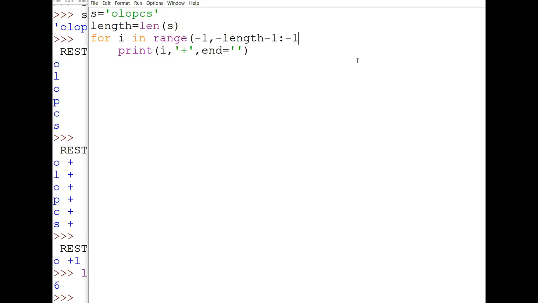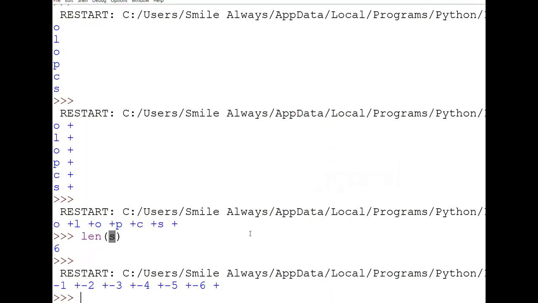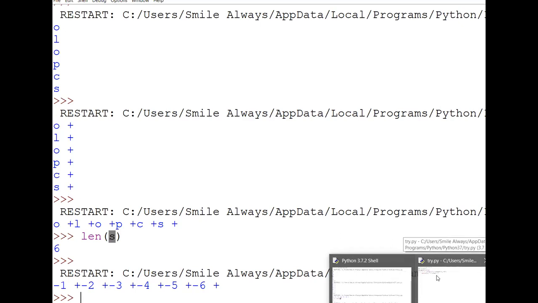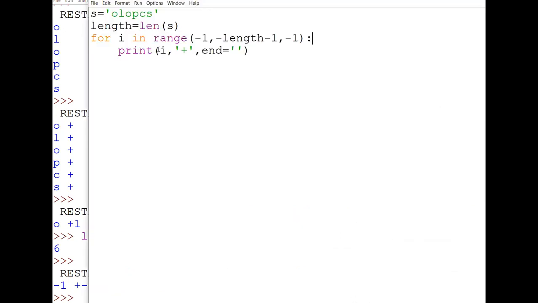Why step of -1? Because what I wanted to do is from -1, then I want -2. How will I get -2? When the gap, or the step, will be of negative value. Okay, so this is closed, and then put a colon, and then we are printing all the values one by one. Now if I run the same loop, you can see that just 1 minute, we have printed the value of I. We should actually print the character over there. Okay, now to print any character, this will be S of I.